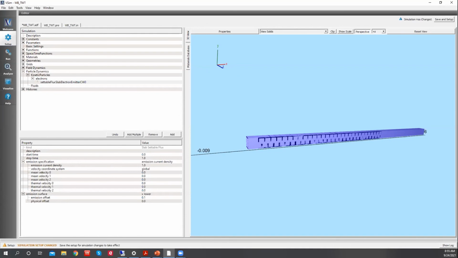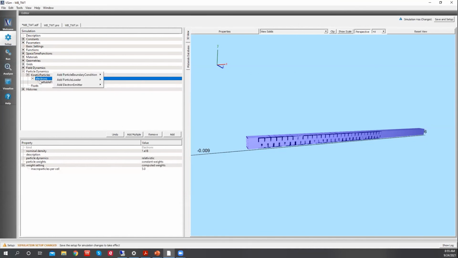And this is a boundary emitter. If you are emitting from some geometry inside of the simulation domain that is not on a boundary, what you do is a